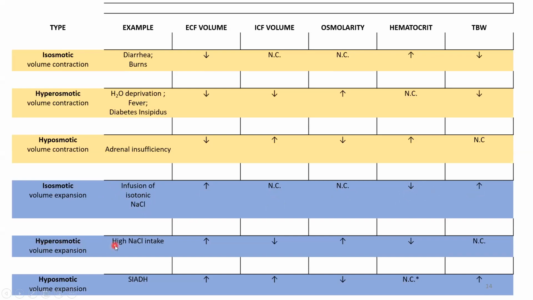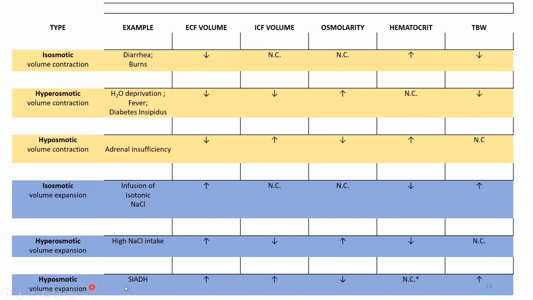Hypertonic. So if you were to take a high NaCl intake, so you are adding salt to your ECF, what will happen? The osmolarity goes up. Now, when osmolarity goes up, what will happen? The ICF water will go into the ECF, raising it, and in return, the ICF will decrease. Simply put, since no net water has been added or taken away, it just has shifted between compartments, there is no change in total body water. Okay. Now, the last point is hypoosmotic